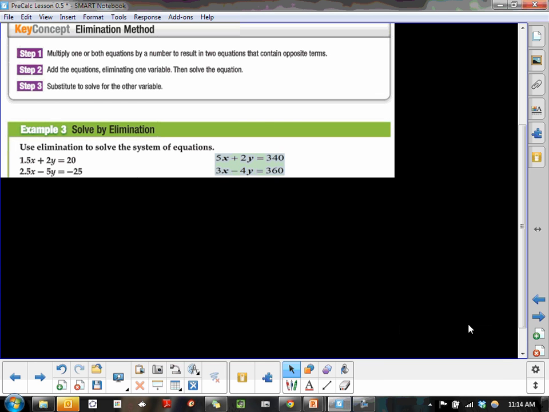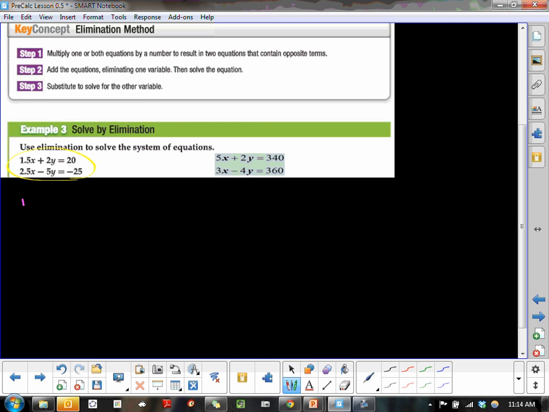I want to take a chance to do another solve by elimination just to show you what happens if you have to multiply top and bottom by a different number to get them to eliminate. So if I'm looking at this equation of 1.5x + 2y = 20 and then 2.5x - 5y = -25,